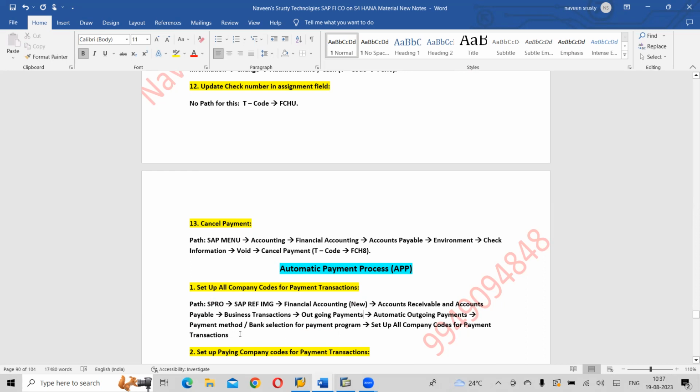Payment Method/Bank Selection for Payment Program. Next, set up all company codes for payment transactions. Okay, so I'll go with the